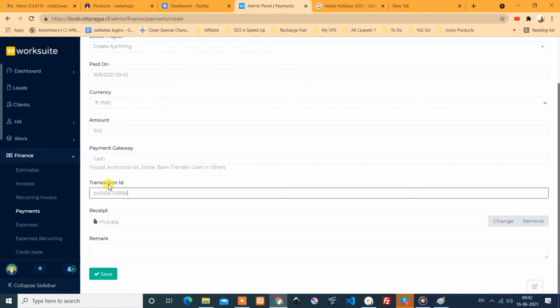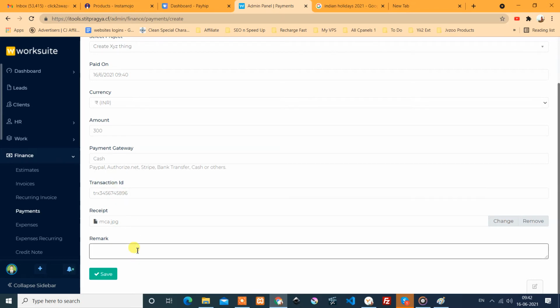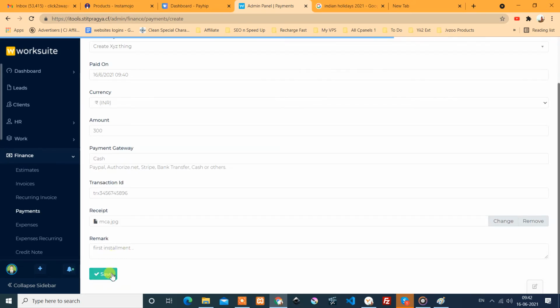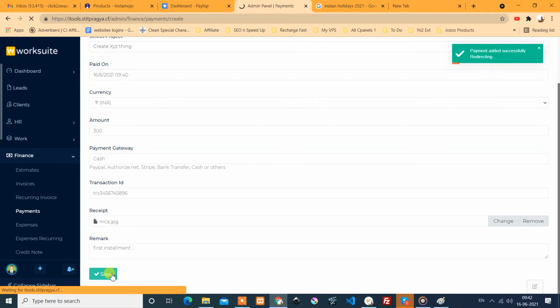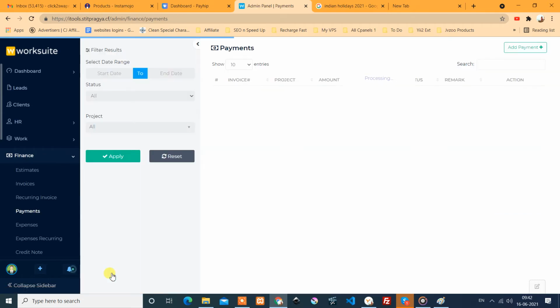These can be used for the verification purpose for this transaction. So remark completed, or whatever the remark you want, like completed, or first installment. Like this you can save.